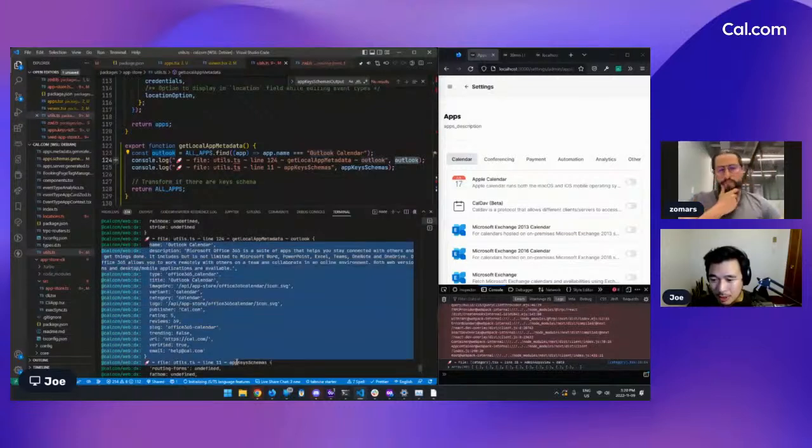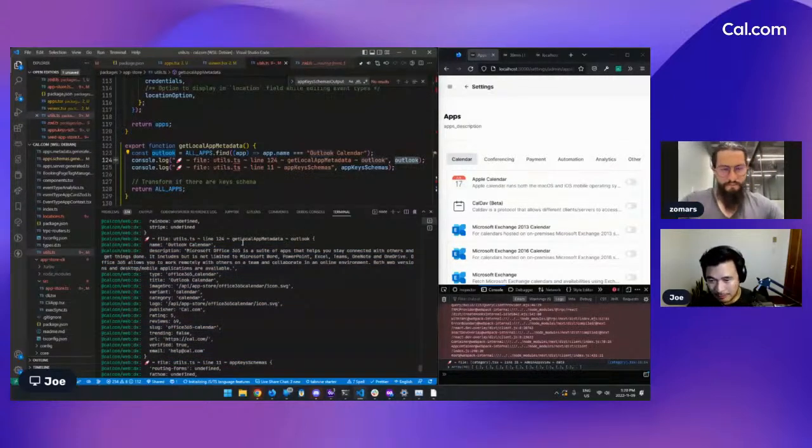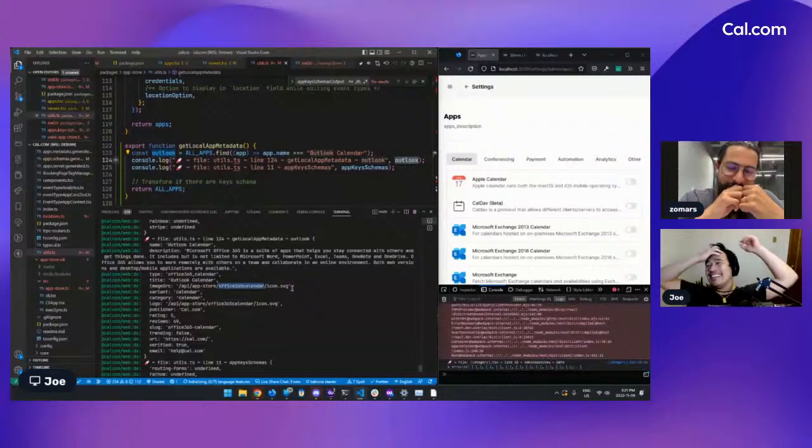But when I look at the object from all apps, it's from metadata, but it doesn't have the same camel case Office 365 calendar. Yeah, that's a bummer. And the thing is, we have it right there with the logo. We have the directory name there. So could we do something like that, like as a fallback if the